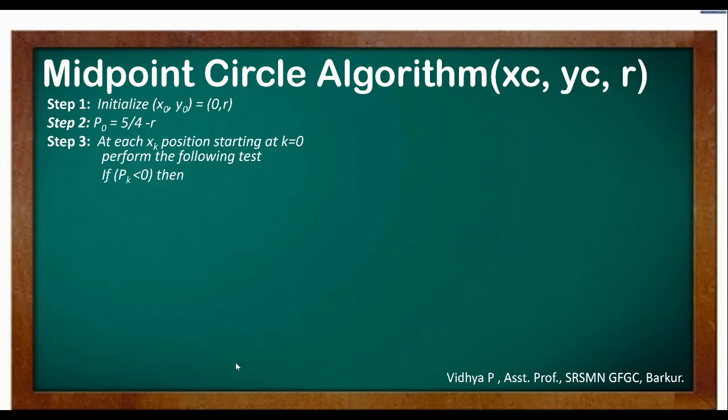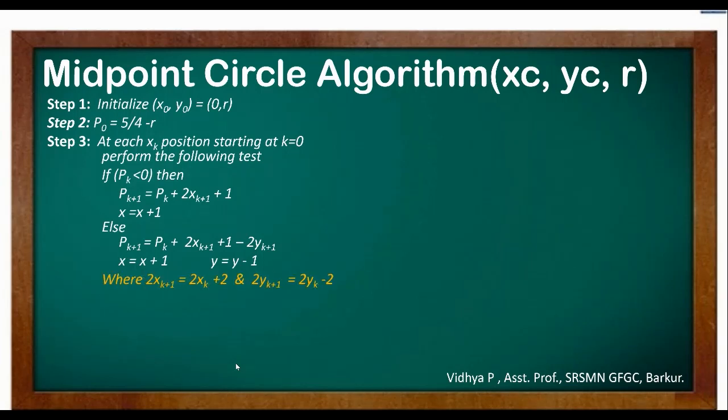If pk is less than 0, then pk plus 1 is equal to pk plus 2xk plus 1 plus 1, and x is equal to x plus 1. Otherwise, pk plus 1 is equal to pk plus 2xk plus 1 plus 1 minus 2yk plus 1, and x is equal to x plus 1, y is equal to y minus 1,